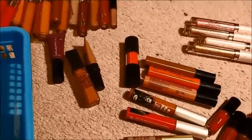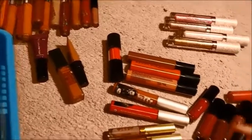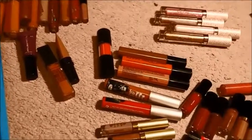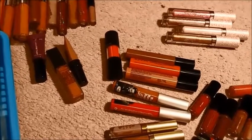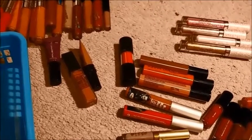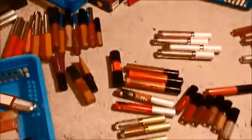off as well. So I'm just going to throw them all out just because I don't know what's good and what's not anymore. Do they have an expiration date? Yeah, 26th of December of this year. So I'm just going to be proactive and throw all 3 of those in the garbage